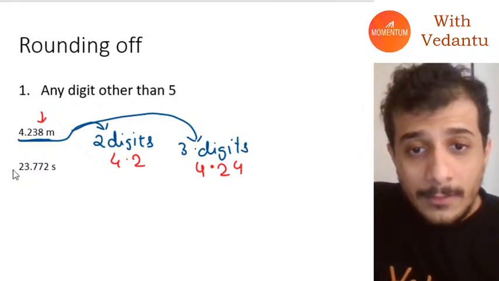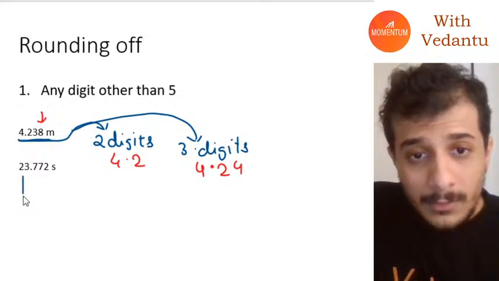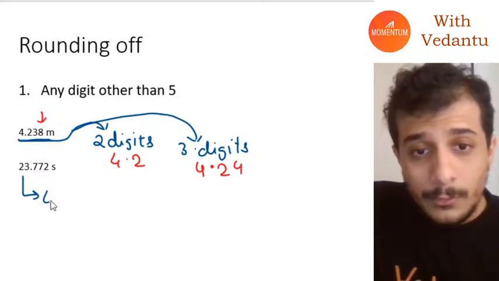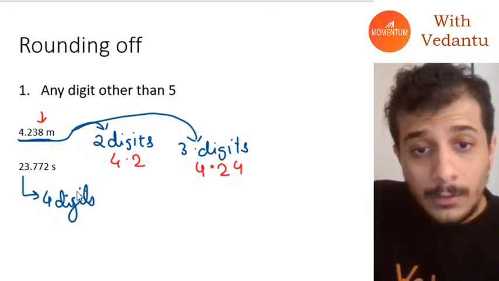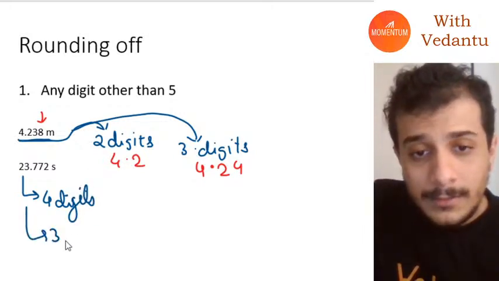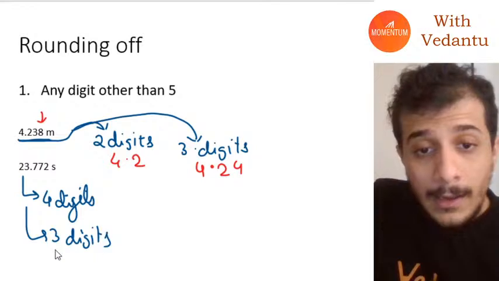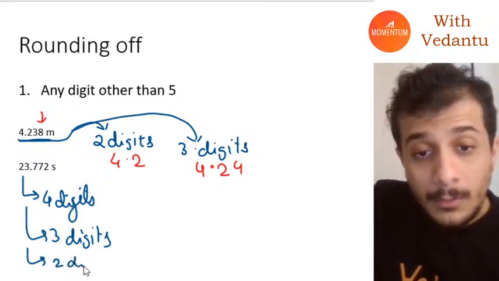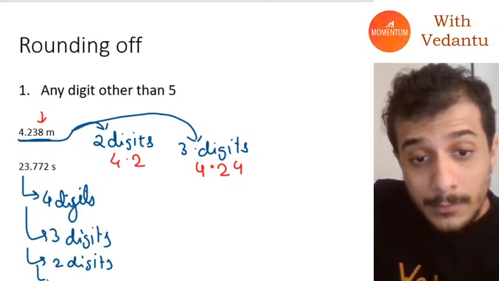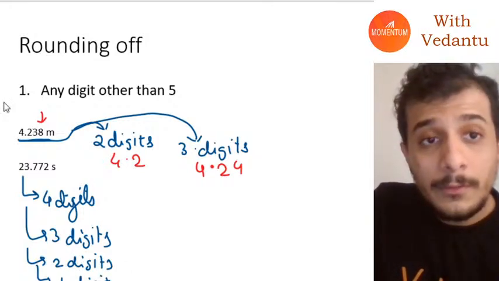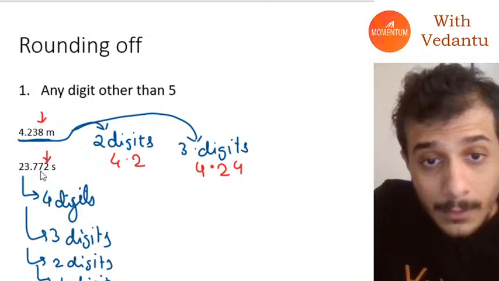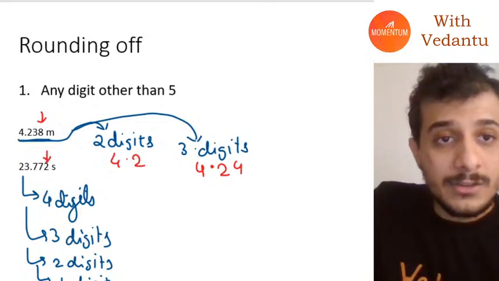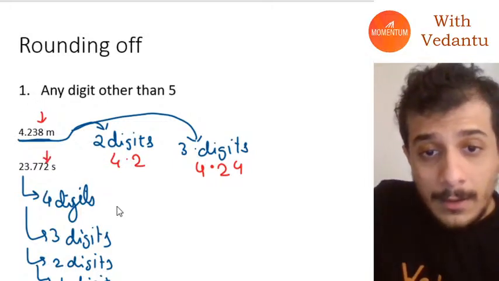If you look at the next one, it has overall 5 digits. So if you want to round it off, you can round it off to 4 digits, 3 digits, 2 digits, or even 1 digit. How to do this? If you are going to round it off to 4 digits, you have to look at the fifth number, that is 2. So this will become